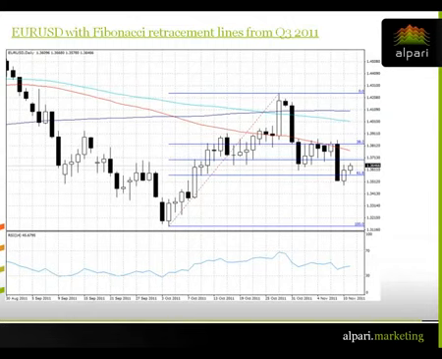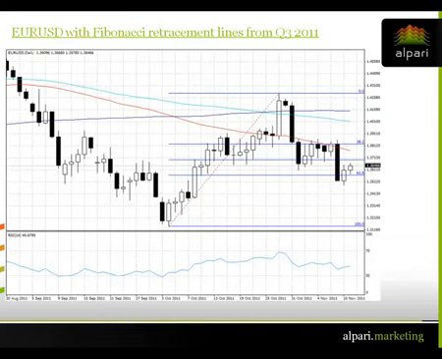This is a Fibonacci retracement line. This is third quarter 2011 euro dollar. Now you've got a high. This is a daily chart, so you've got the move there. That's the initial move that we saw, and what we're looking for is a retracement of that move, where the markets are going to come to. So this was the initial move, and this is the start of the retracement. Now we've got the retracement lines on.